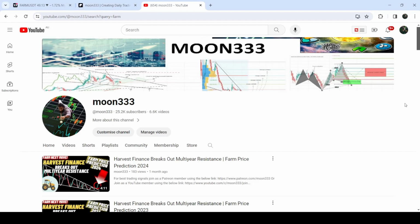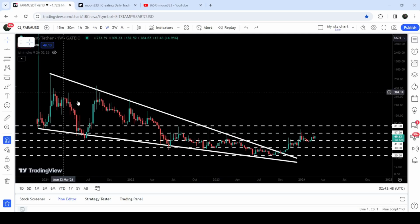As in my earlier videos, I have been showing you that Harvest Finance has broken out a quite long-term resistance of a falling wedge pattern. And this is one of those videos. And now if we take a look at the live chart, then you can see that after the breakout,